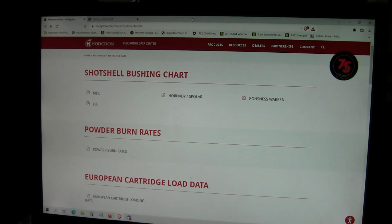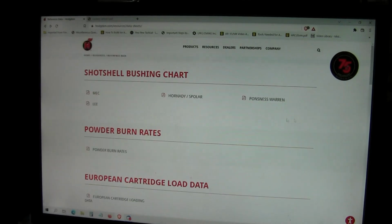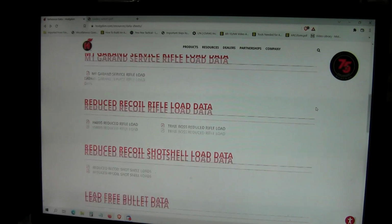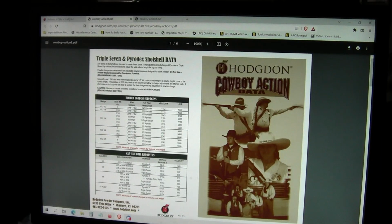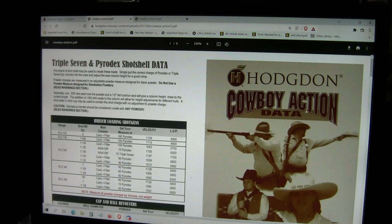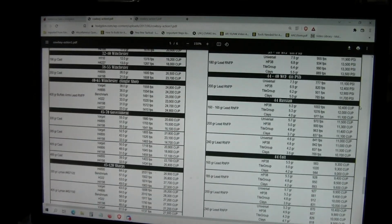If you go to the Hodgdon website, they have an area called resources. If you go into reference data, click on that. So if you scroll down, it has a lot of information here. But one area near the bottom is Cowboy Action data. Has a nice PDF. You open that up and it shows how to make some Cowboy Action loads. A lot of black powder information here, but if you scroll down, they have 44 mag information